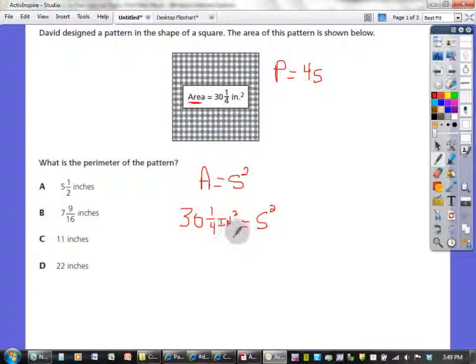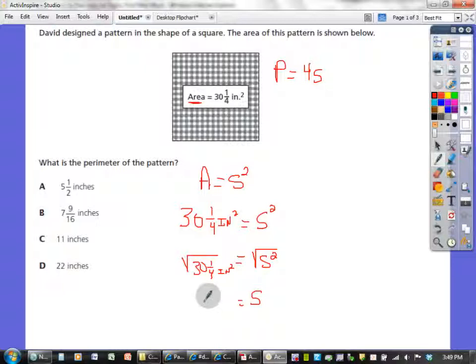Now, the next thing we need to do is try to get S by itself. Not S to the second power, not S anything, just an S by itself. In order to do that, all we would have to do is take the square root of S squared, because after we take the square root of S squared, we simply get S. Now, what I do to one side of the equation, I have to do to the other. So we need to take the square root of 30 and 1/4 inches squared